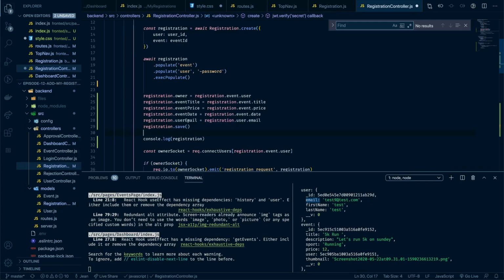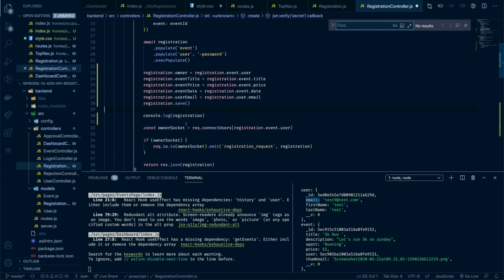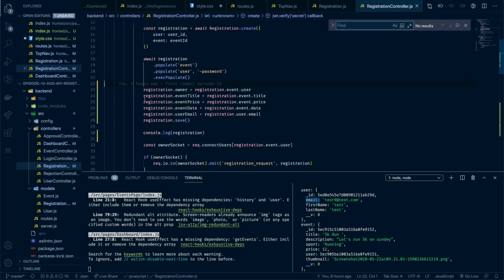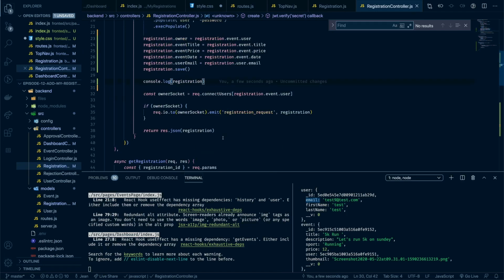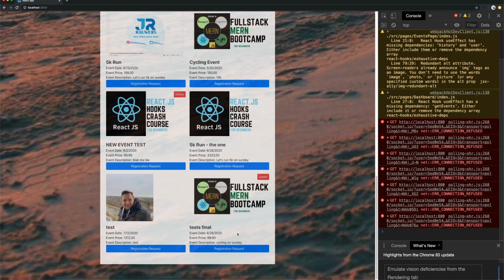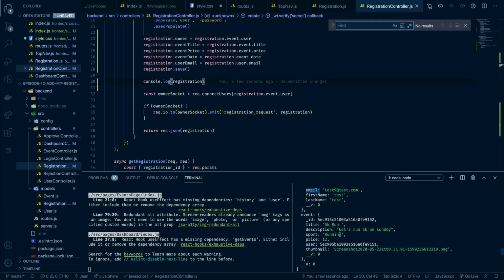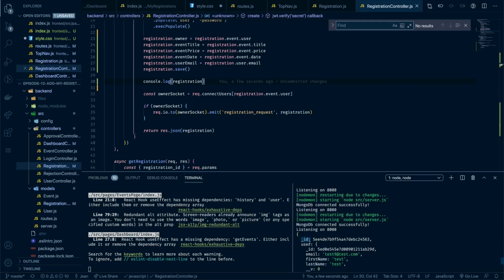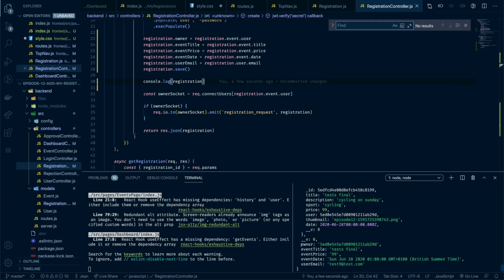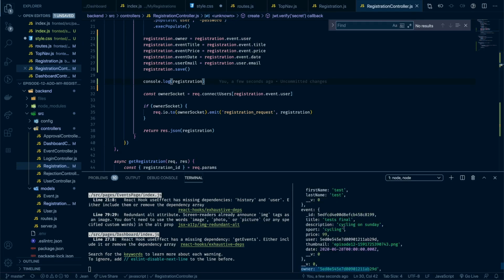Okay, so now that we saved everything, bear in mind that we will need to console log the new event, and we would expect to have all these properties there. So I'm going to go back to the front end. I'm going to click on one of those newer events that we created, and I'll make this request successfully, so we can go back to the back end. And now what happens? We have ID, we have user, we have event like before, but now we have all of these things. And the difference that this is going to make is, just to show you what I mean, if you get a request through this endpoint,